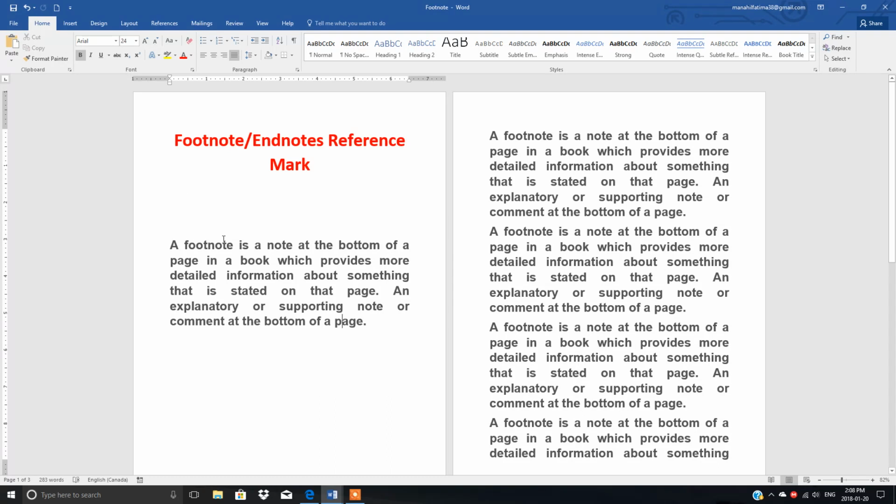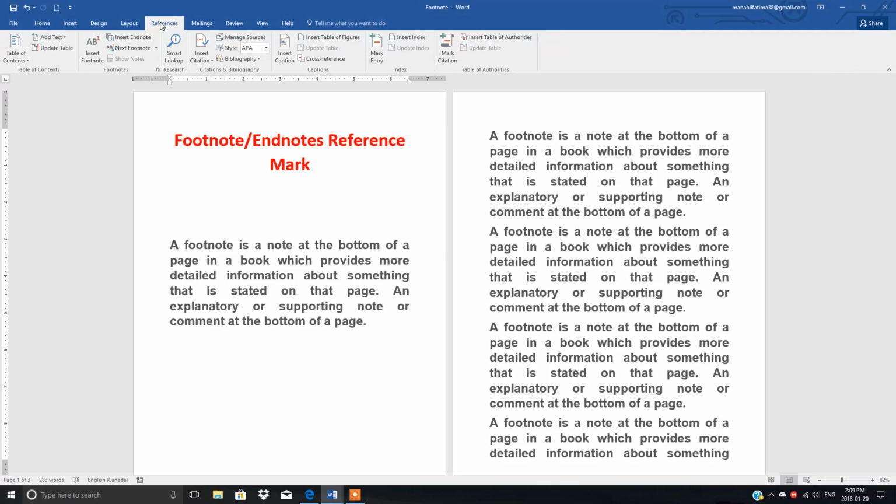So first of all, suppose this is the same paragraph, the same definition. I have copied it here in order to make this document. So here I want to write down, suppose, more explanation or the meaning of the footnote. So first of all, I have to bring my insertion point at the end of the letter E. If I want to insert the footnote, I have to bring it here. I can bring my insertion point here, here, here, wherever you want to insert, and then go to the